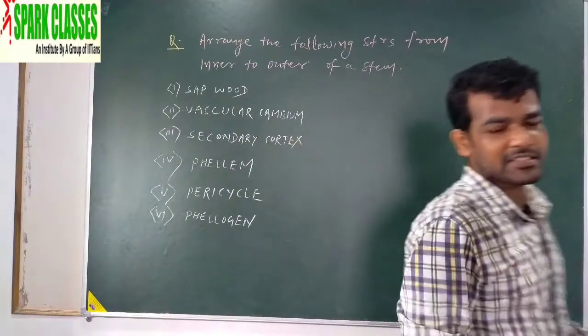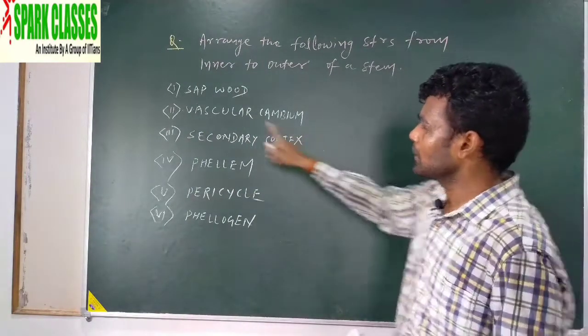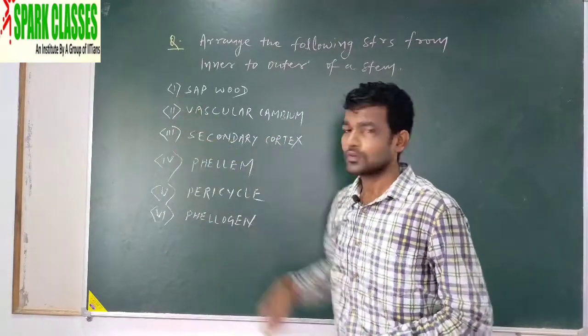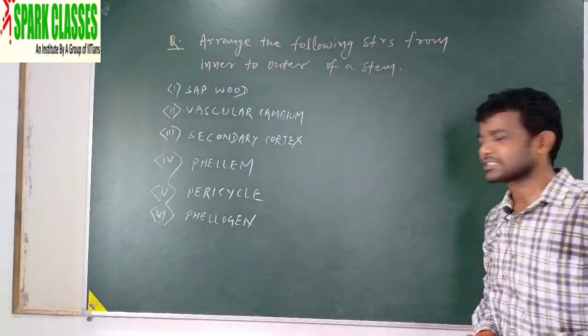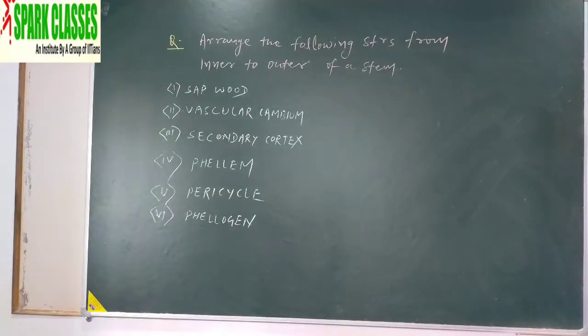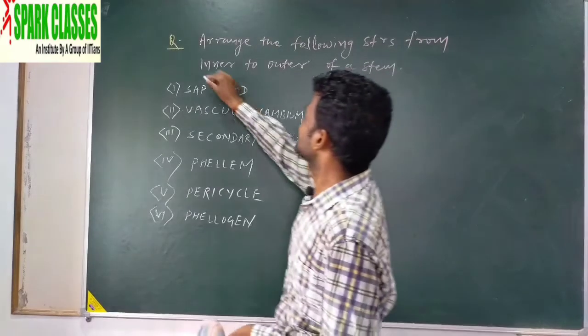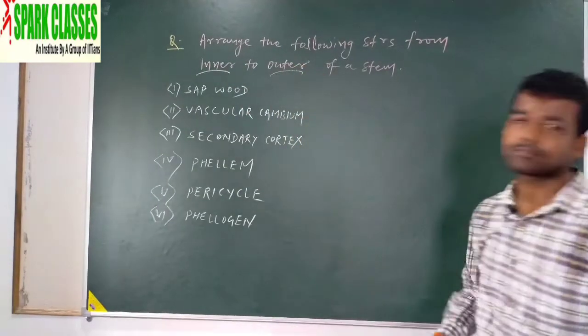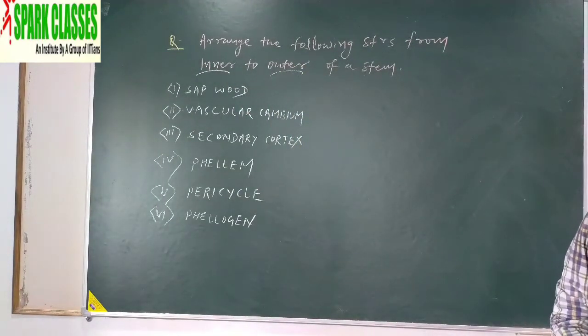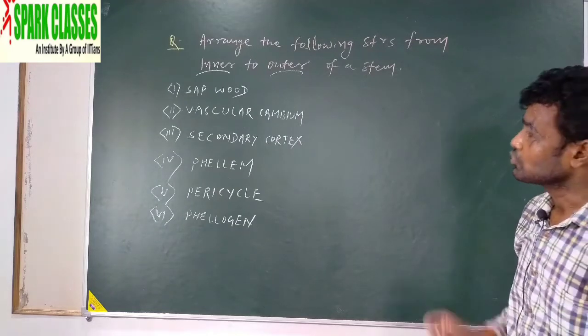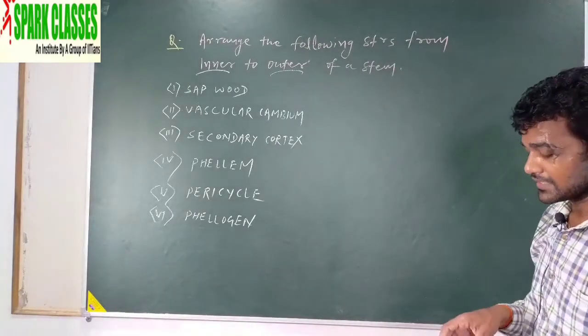Arrange this and quickly answer. Arrange the order, only writing these numbers. Which one is first, which one is last in the order? At least write which one is innermost and which one is outermost first. Quick. So you solve this, and I will check your answers at the end.